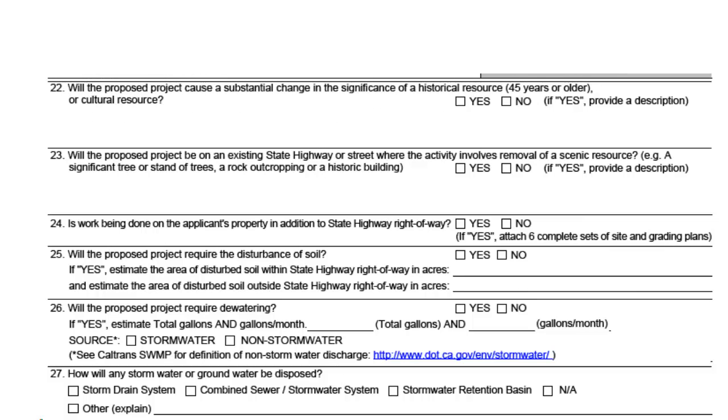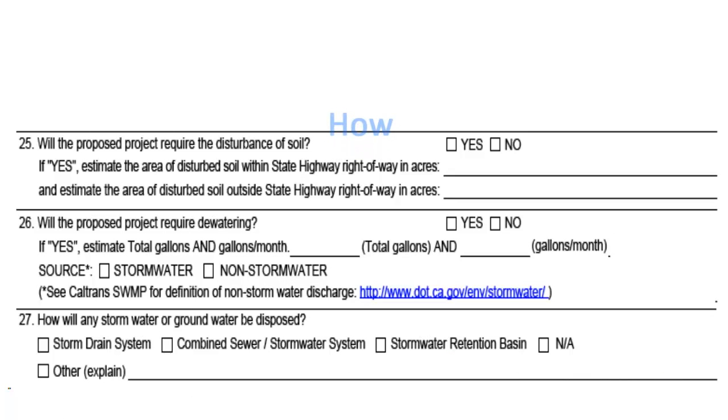Please be advised that every project must have an approved environmental document or be categorically exempt in compliance with state and federal laws, without which, submittal is incomplete for acceptance as stipulated in California's Streets and Highways Code 670.5. Questions 25 to 27 provide you the opportunity to tell us how you intend to preserve water quality during